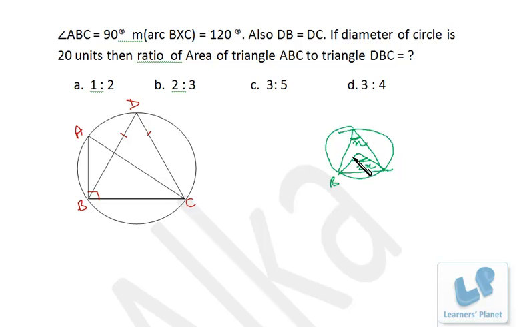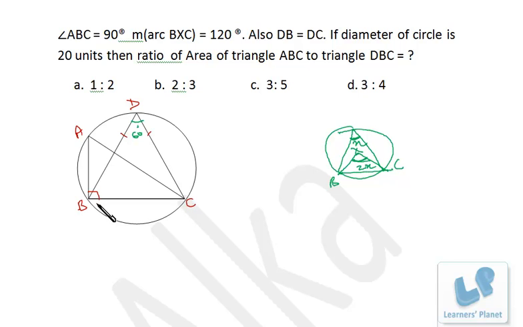So here it is BXC. I won't draw it over here. You need to visualize that, because it is not necessary to solve the problem. You just have to find this angle. So this is 2x, then this will be x. That means if the angle BXC is 120 degrees, then BDC should be 60 degrees. So this angle is 60 degrees. Now, DB is equal to DC. That means these two angles must be the same, with the sum 120 degrees. That means these two angles will also be 60 degrees. That means DBC is nothing but an equilateral triangle. Getting my point? So DBC is an equilateral triangle.